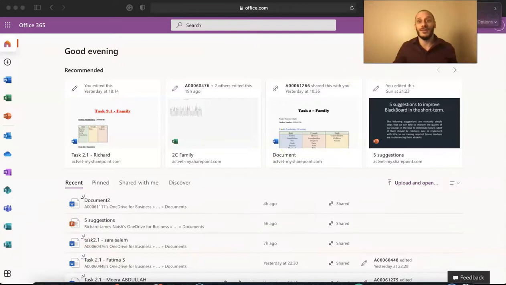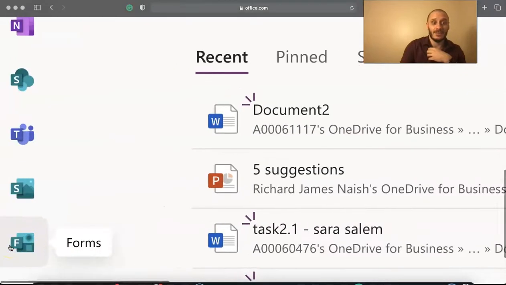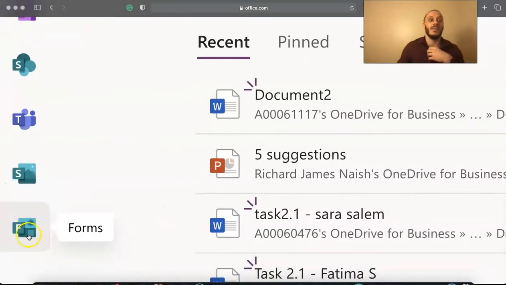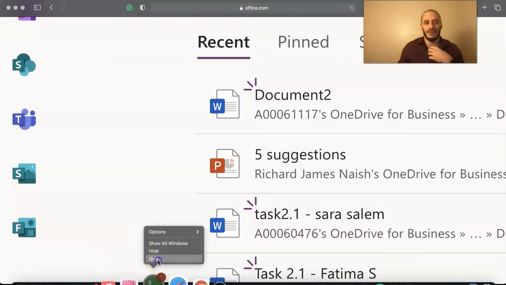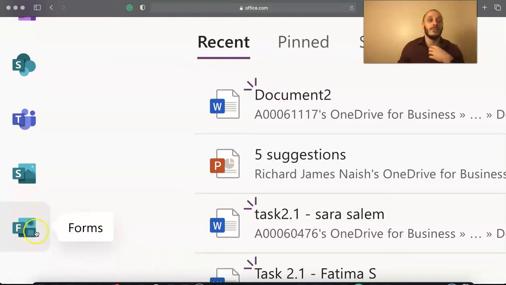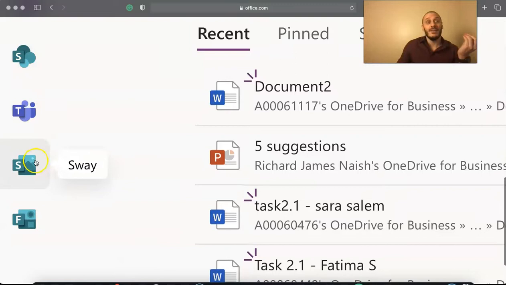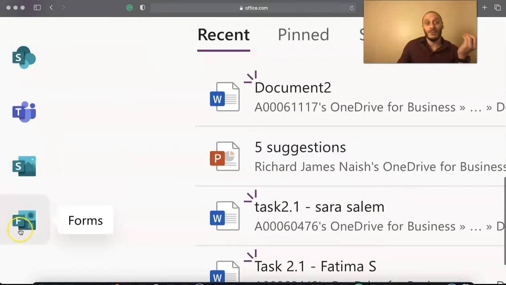And for this survey, excuse me, you can see Fatima's message on my screen. For this survey, we will use Microsoft Forms, which is this little one here with the F. Let me quit WhatsApp. So you're going to press this one here, F. Do not press S. Do not press S. Same color, but we need this one. Every time somebody presses the wrong one.